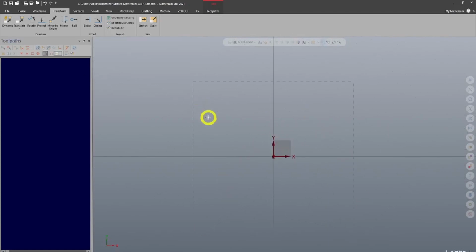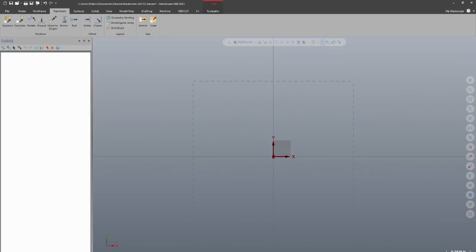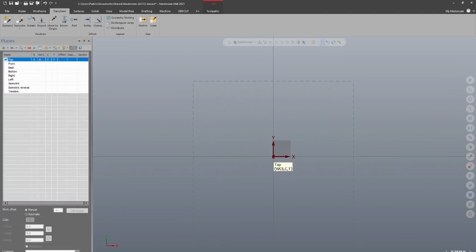So the graphics window here, to the left of that you have the toolpath manager right here. And this is where we're going to be doing a lot of our work as well once I show you how to get going with that. Down below, you do have a couple of options here. Solids, so if you have a solid model in here, it'll have some of the history here of that model. Plane manager is just different views, so you can see the center gnomon here shifting as I go through different